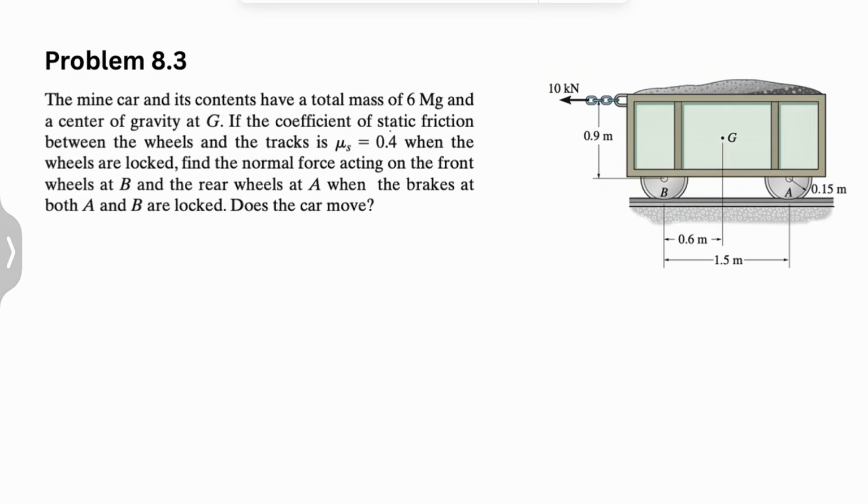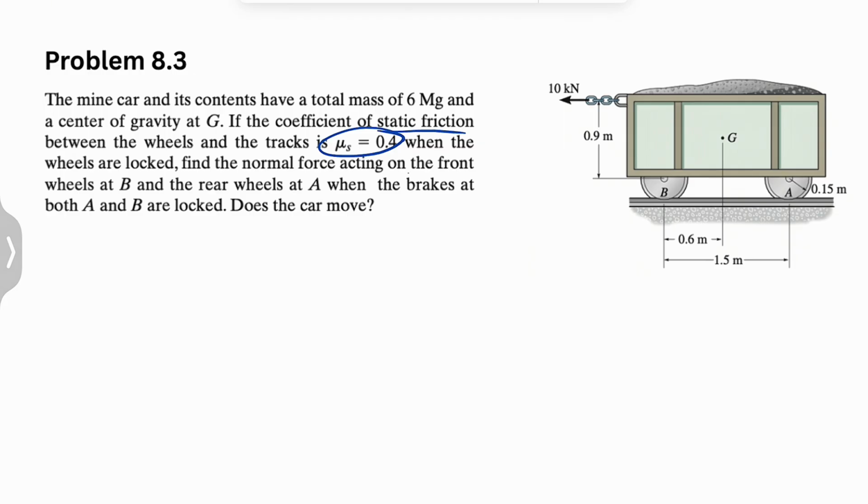Okay, so welcome back. We have another question from the 8th chapter of Engineering Mechanics by Hibbeler. The mine car and its contents have a total mass of 6 megagram and a center of gravity at G. So we have the mass of this car. If the coefficient of static friction between the wheels on the track is 0.4, when the wheels are locked, we